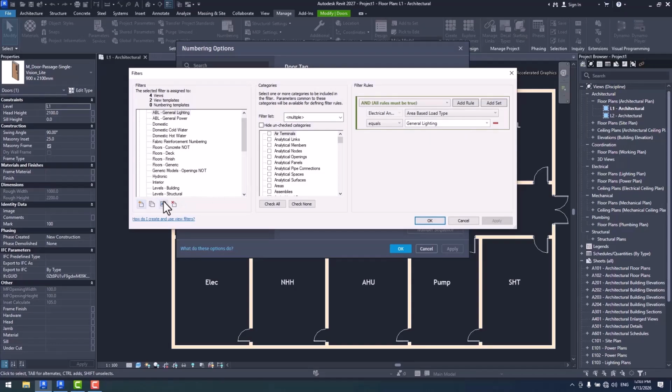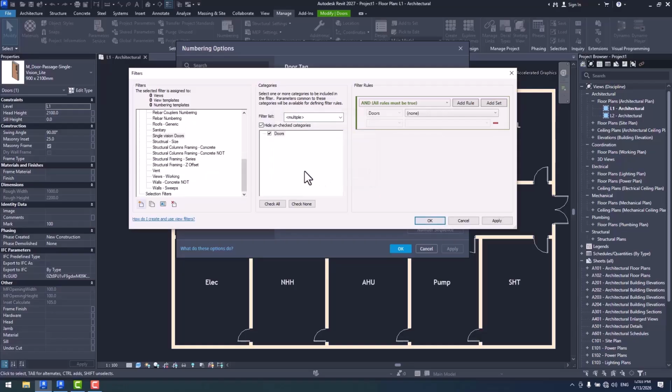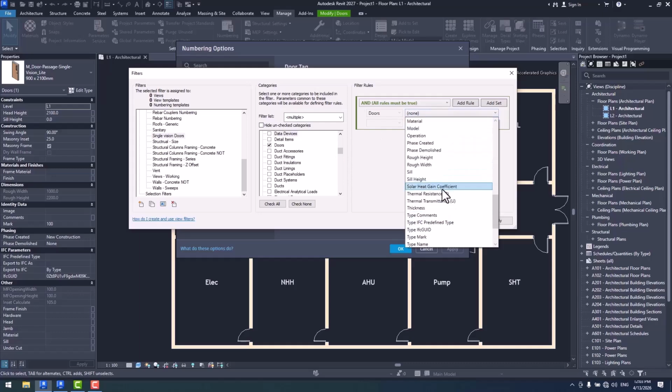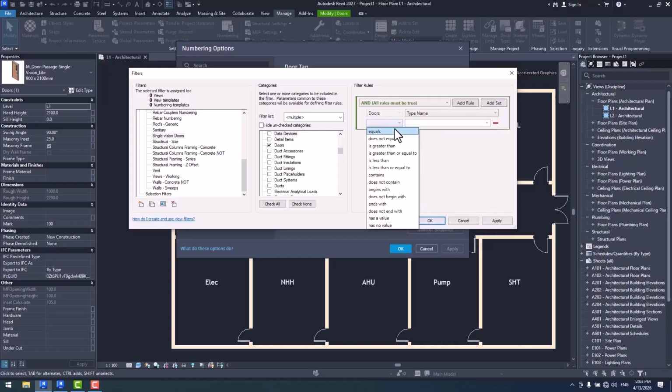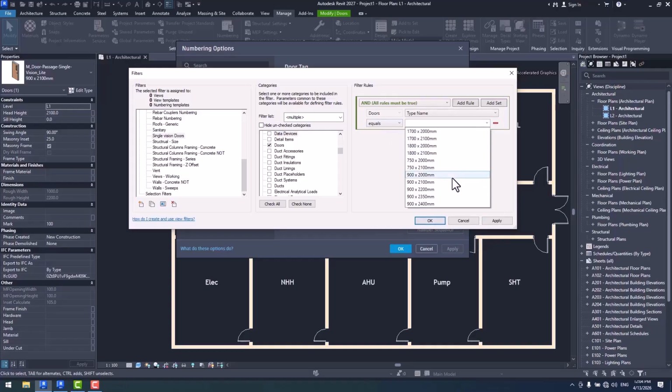Creating the filters is very simple. Just click on new and create the filter. That's it. Now, as for the name, I'm going with the name of the door that we just saw, the type, actually. You can go with any other name that you have in mind. Right, anyway, after that, here we have a list of categories from which we can select the category that we have in mind. I'm going to look and select the doors. Then, based on, let's say, type. Let me find type. Oh, type name, actually. Equal with